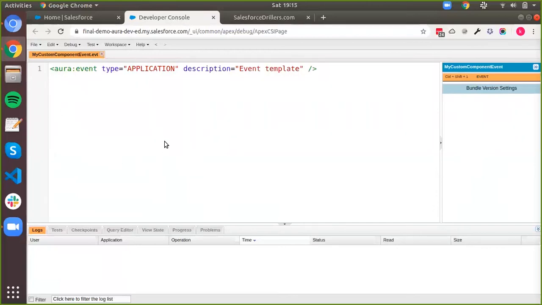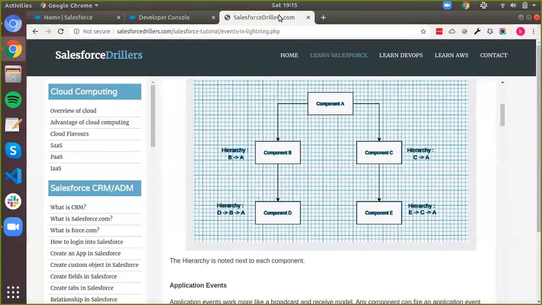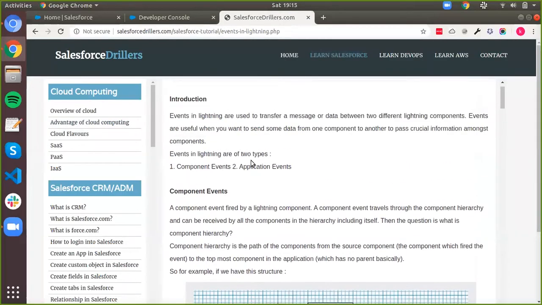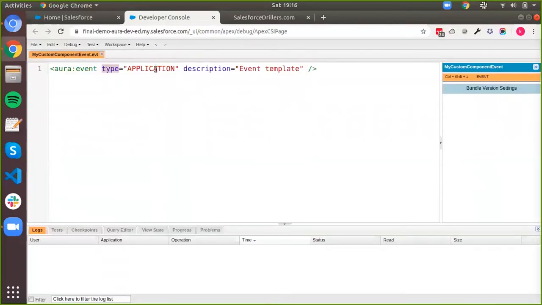When I created it, it gave me this default markup. This type defines what type of event this is. By default, this is application, which is the second type of event. But for this example, we want to use a component type of event. So we change this to say component.